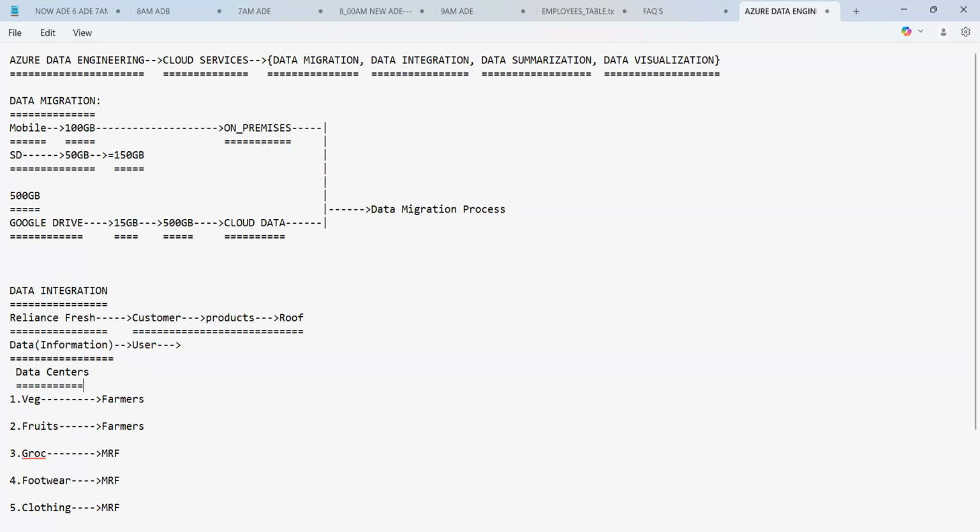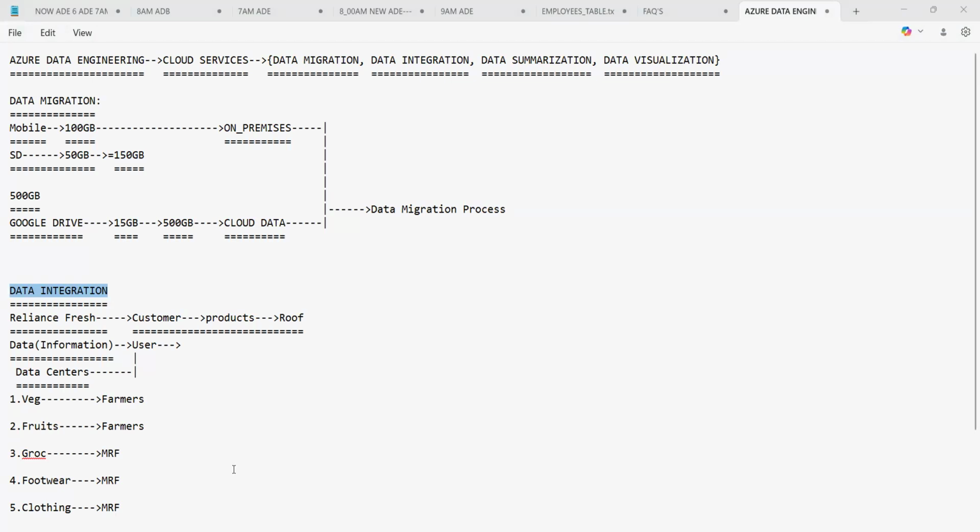Data centers is nothing but a place where the data is gathered from various locations and kept under one head for the facilitation of the users to work. Whereas this process of gathering the data and putting it under one data center is called the process of data integration. Now, I hope everyone is clear with data integration as well. Yes, guys, please respond. Please tell me, is it clear or not?